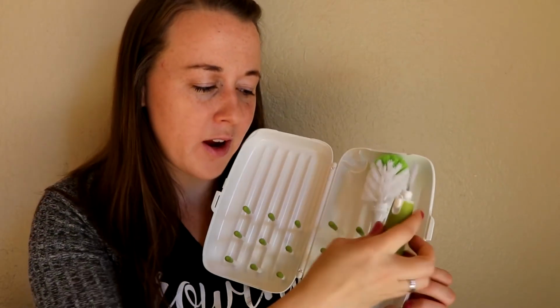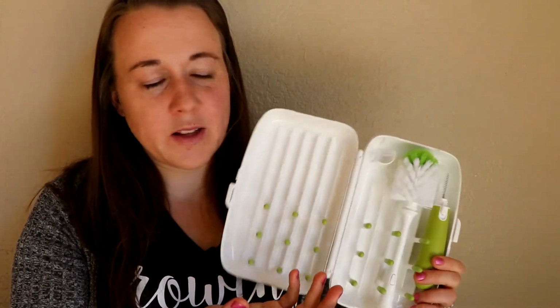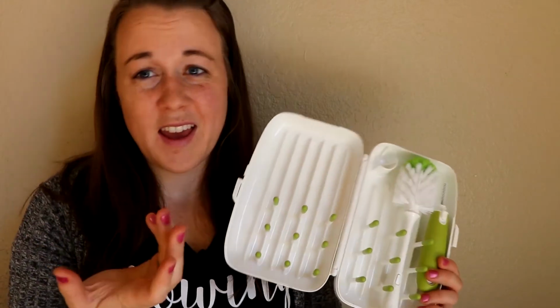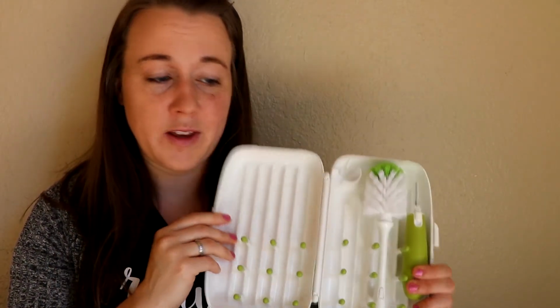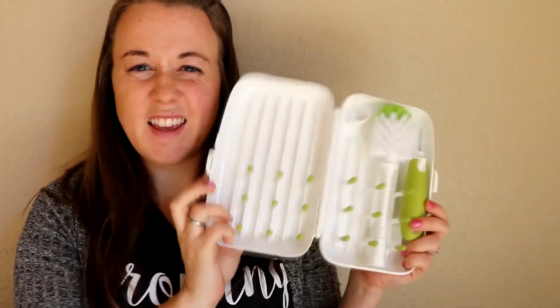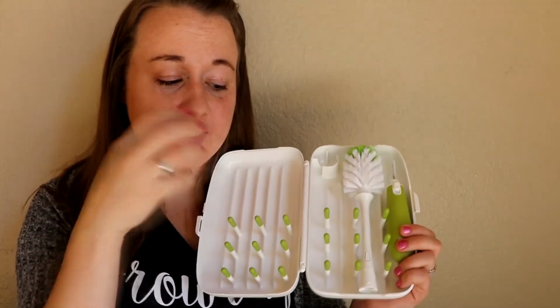I don't feel like it's very effective with the size that it is, but if you don't have bottles with a lot of parts or pump parts that you have to get into very deep, it will still get the job done and it's not really a deal breaker. But yeah, so I feel like it's the most compact size, it's easiest to work with, not a whole lot of trial and error. However, it does,